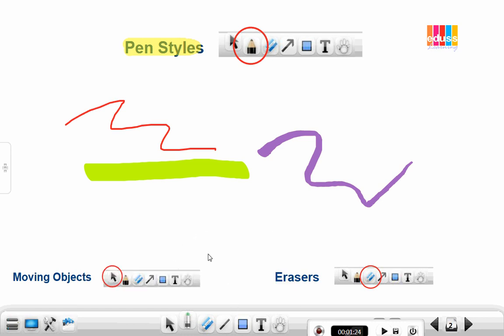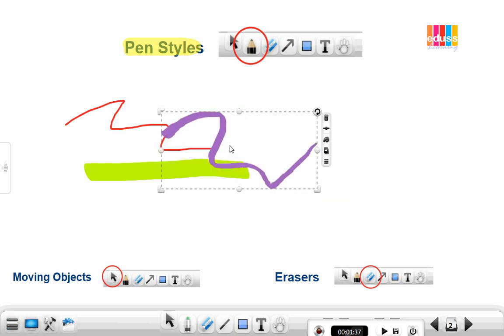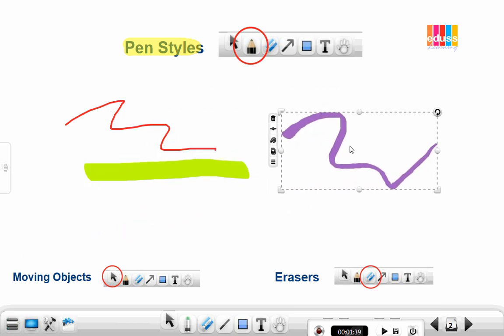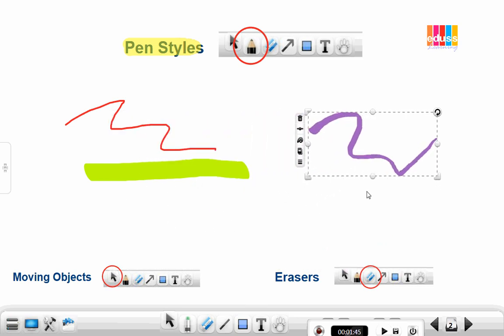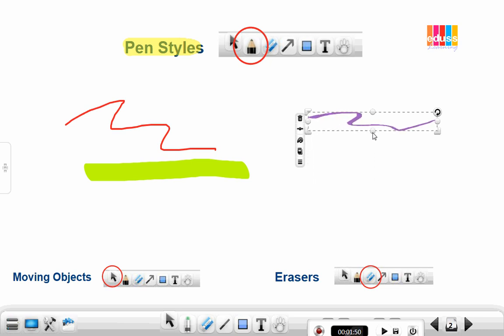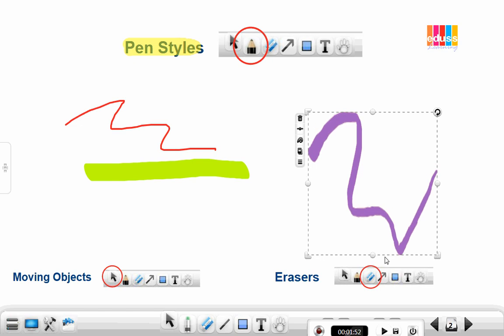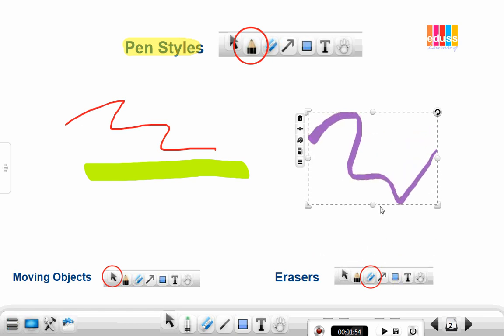Now, if for some reason I wanted to move this around the screen, you'll see there's an icon here called Select. If I tap on that, and then actually tap on the thing that I want to move, that little hand will allow me to shift this anywhere that I want to on the screen. I've also got the ability to make it bigger or smaller by pulling on those white corners, and I'm able to change it by squishing it up or making it broader by pulling on those white